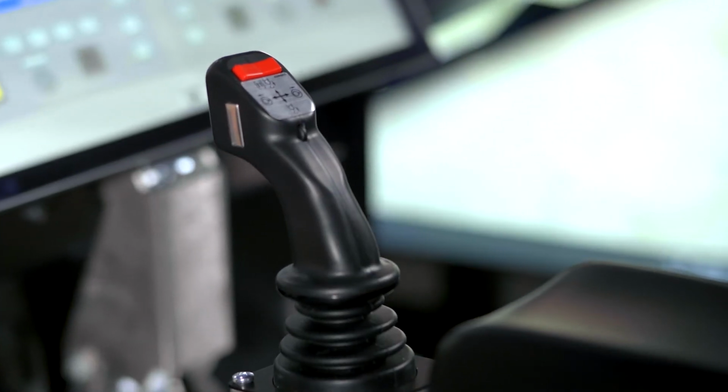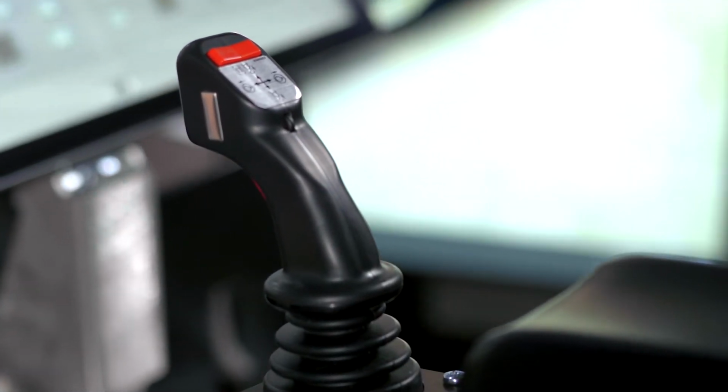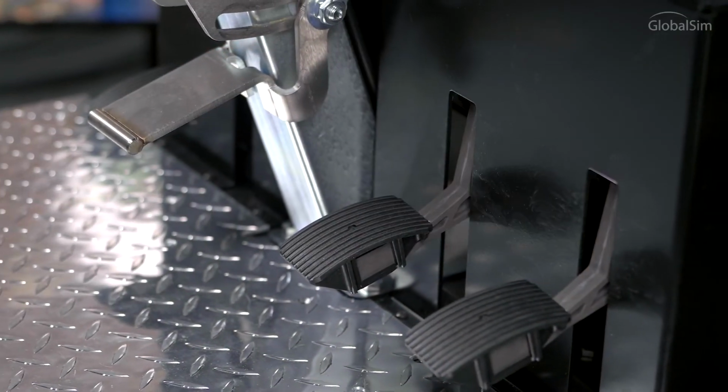My name is Daniel Olson, and I am the hardware engineering manager at GlobalSim. My team and I are responsible for all the hardware design. We have to find off-the-shelf components and design special components that meet the needs of the contracts and the customers